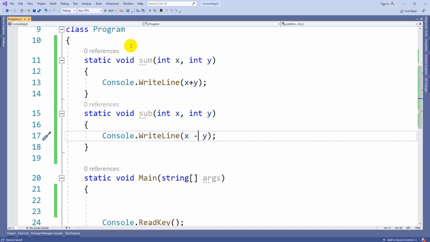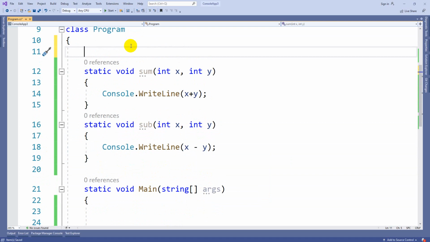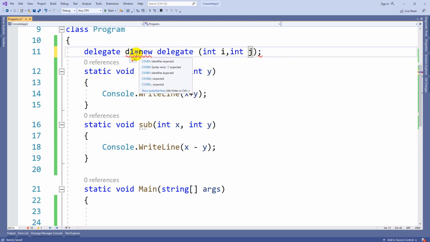Now these delegates need to be declared like this: delegate, some delegate name is equal to new delegate of, and it needs to have the similar parameters which you want to target. Sum of int i, int j, that means two integers.